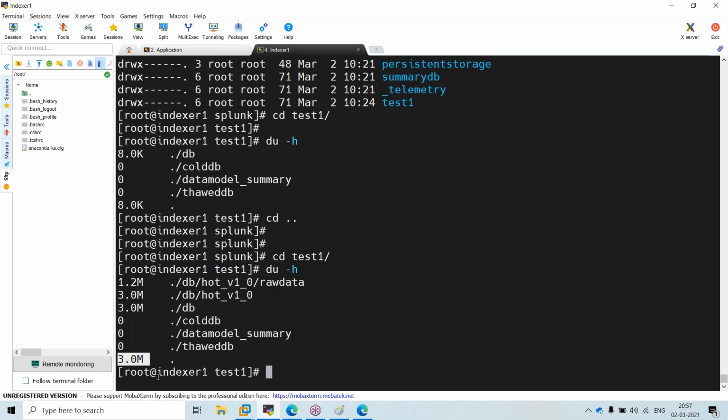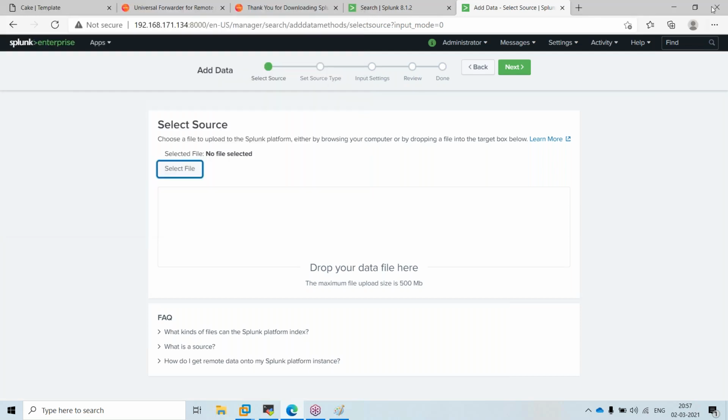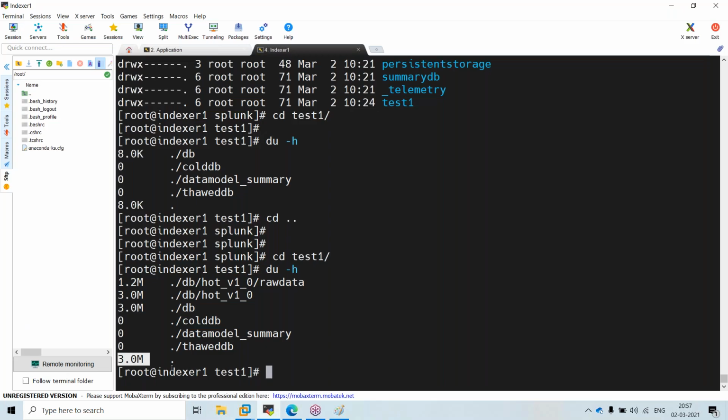Even now, out of 4 MB, roughly 20 to 25% is saved after compressing. But it will have some default directories and all those things. You will see this when you ingest large data. One thing you have to remember is that it is applying some compression mechanisms.